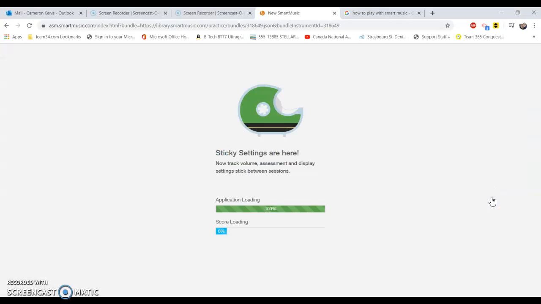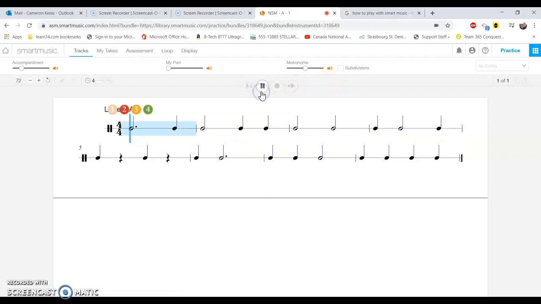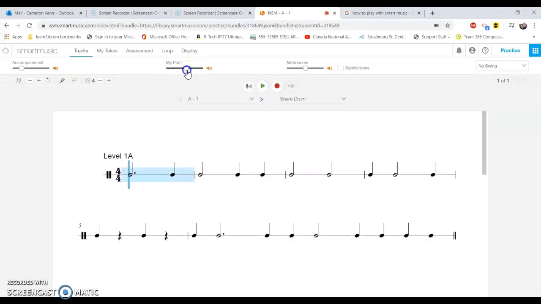Okay, so let's say this is the solo snare piece that I wanted to work on. It's very grade 6, and that's okay. So let's say I like it. I'm going to listen to it first. Okay, so I'm going to fiddle with the levels just so that I can hear my part. But one of the things I think you might want to do, and I found this for me, was with the metronome, there's a way to turn it off so that